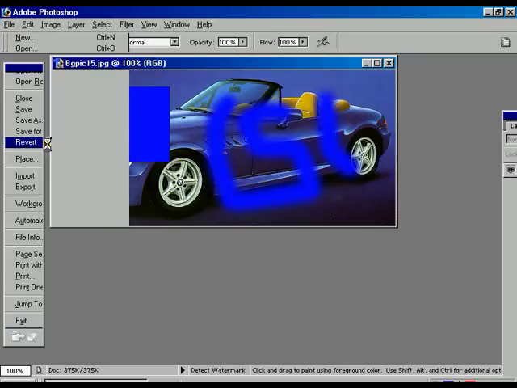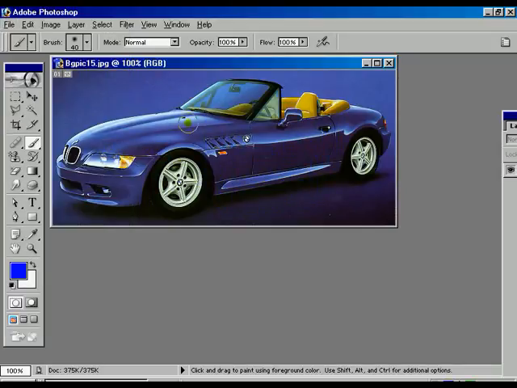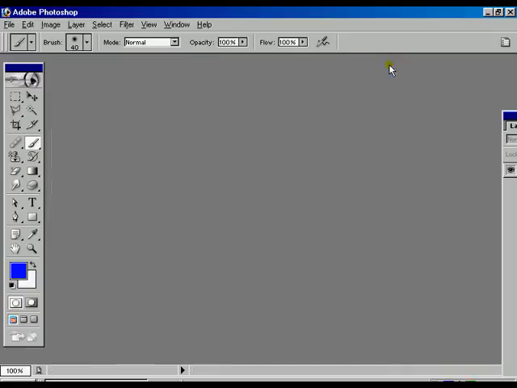Select the revert option, you can get back your image, but this only happens when you didn't save that particular image. Now we are going to close that file.